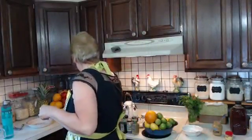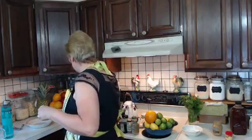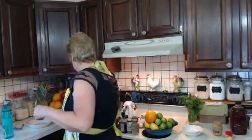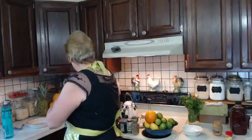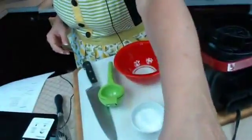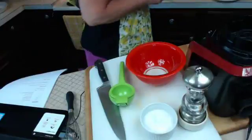This next one is also super easy, super quick. This is a vinaigrette type recipe, but it's super good. So for this recipe, we're going to do this. We're going to use,